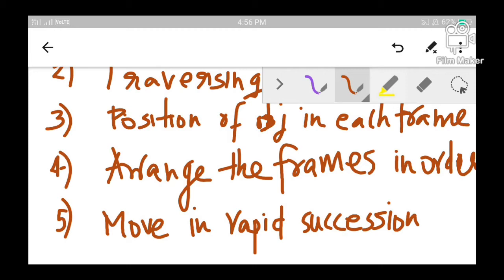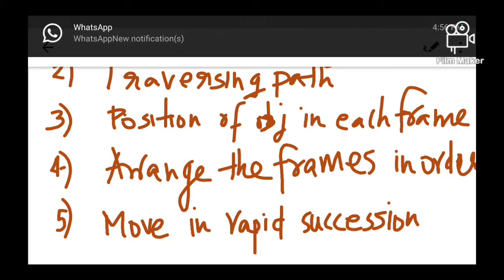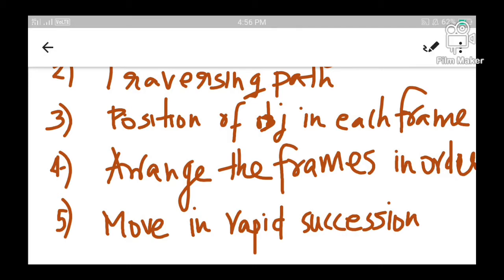That means a sequence of static images moved one after the other at high speed creates a feeling of a motion picture. This is what is called animation. So animation is typically the movement of static pictures in rapid succession.